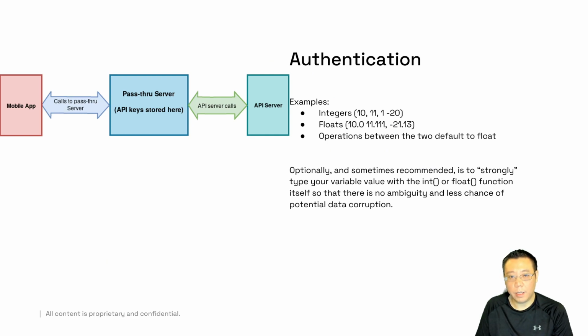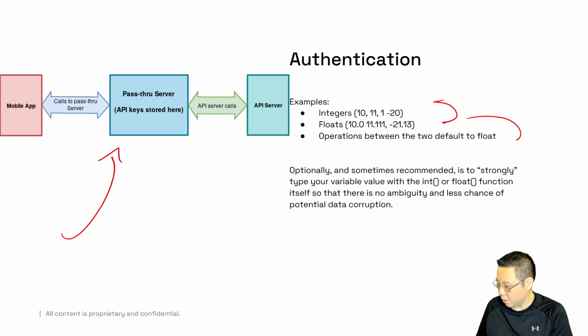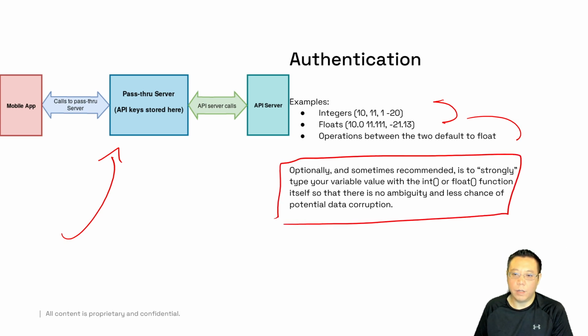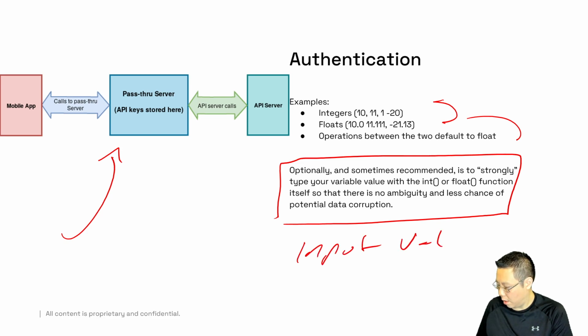Now, authentication comes through many different ways, and one way here is, again, what we saw earlier right here. Mobile app and all kinds of different items here. But remember, we can also have many other aspects and key features, such as integers, floats, and operations, right? The most important part in your authentication, in your input validation, which I want to put here, input validation,